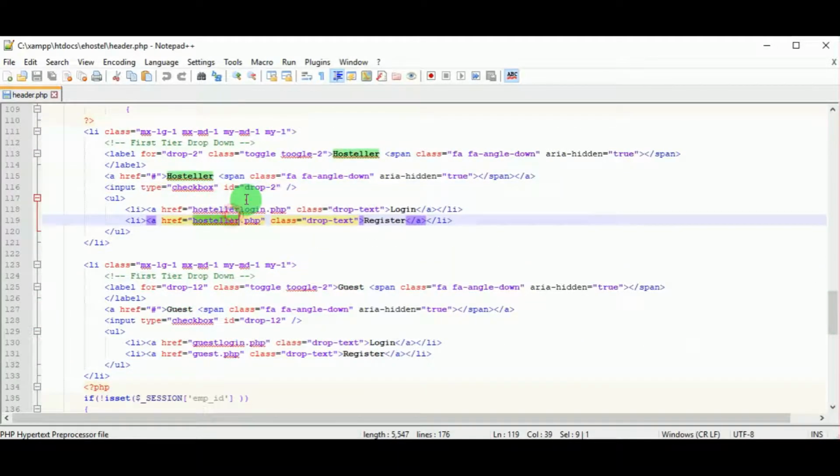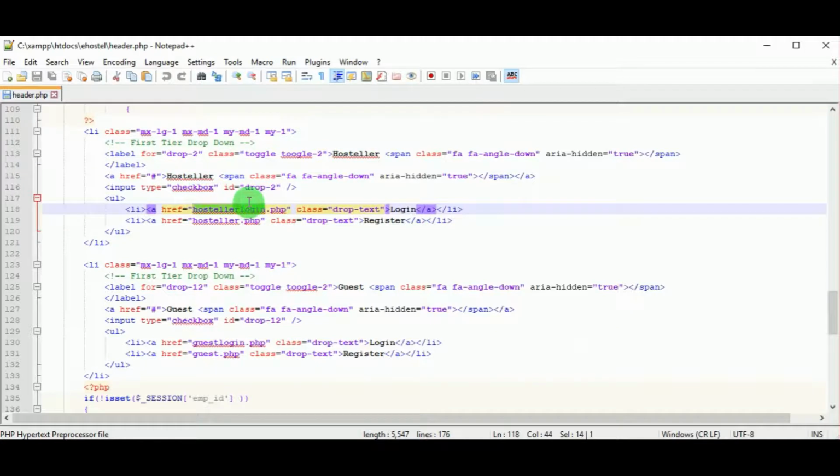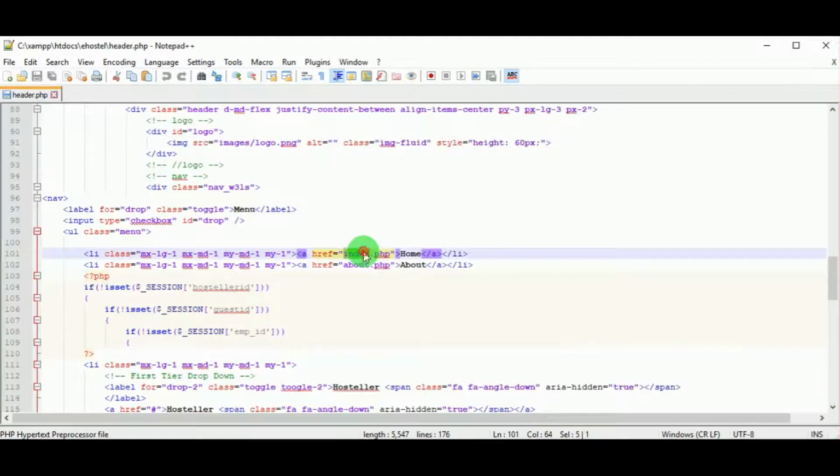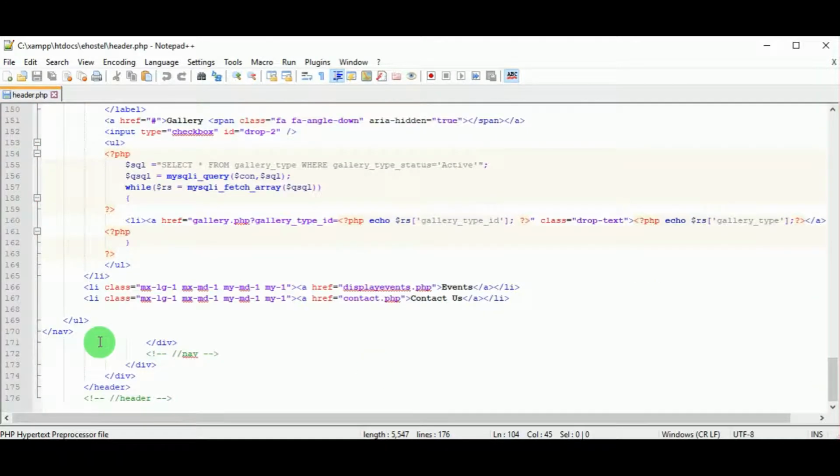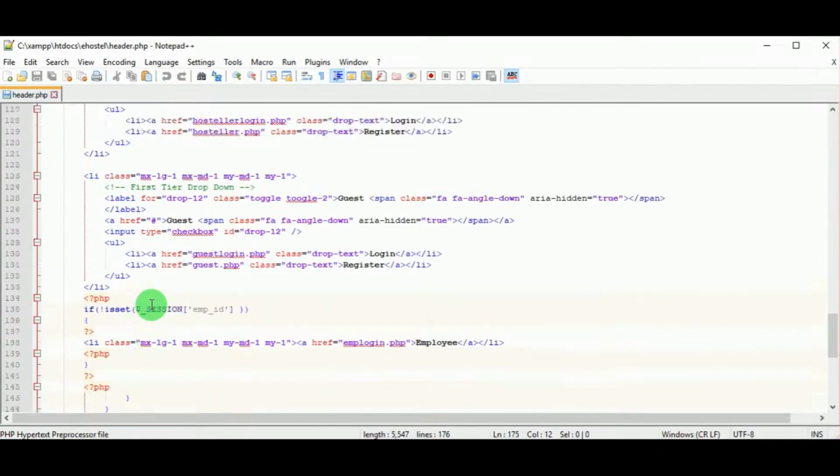Same as the hosteler, either they must log in using the hosteler login or they must register using hosteler.php. And home will redirect to index.php, which is the main page, and about us will redirect to about.php. So all these things are written inside the header tag.